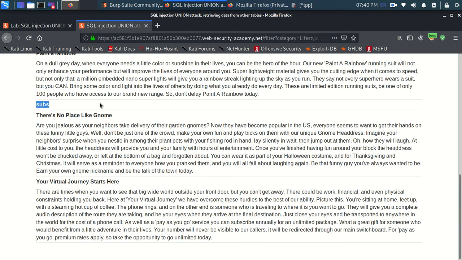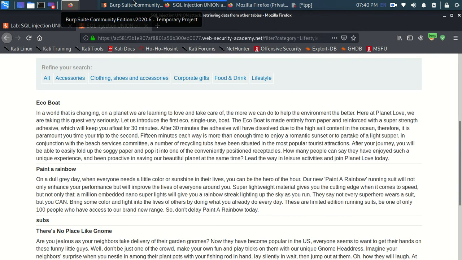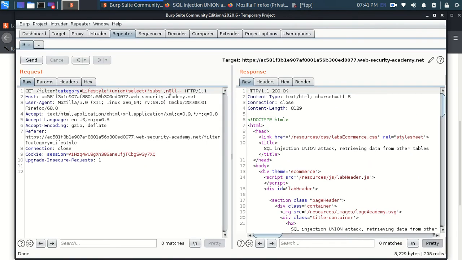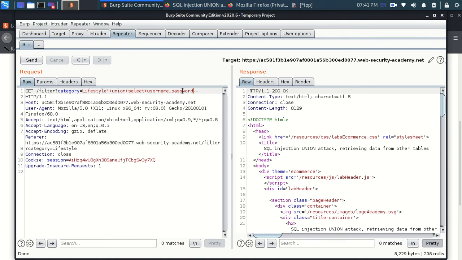Okay, so now what's left is we need to get the usernames and passwords. Just like a simple query, to select usernames and passwords, I'm going to type select username, select password, plus from plus the table known as users.